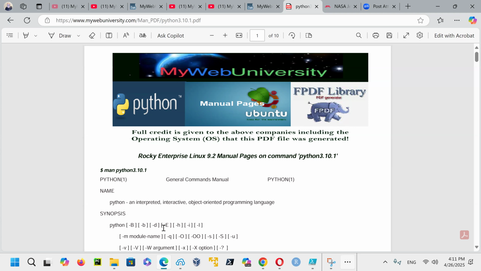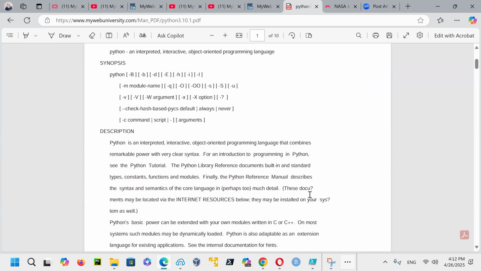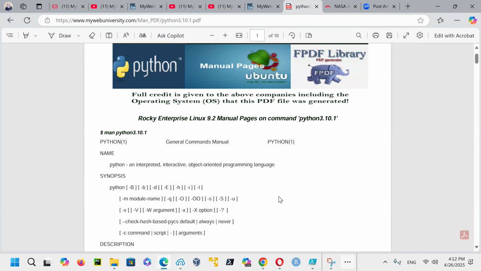So the manual pages, I didn't write this technical documentation from scratch for Python and for GCC. Another developer at some point for the platform did it, and they wrote all this syntax and everything, but these are not available to the public via a browser.